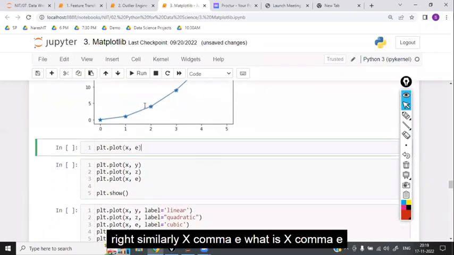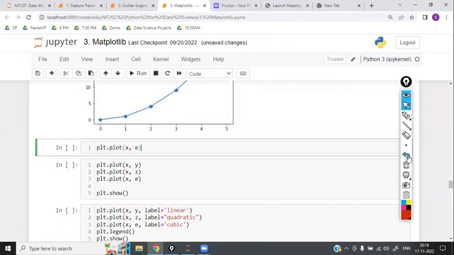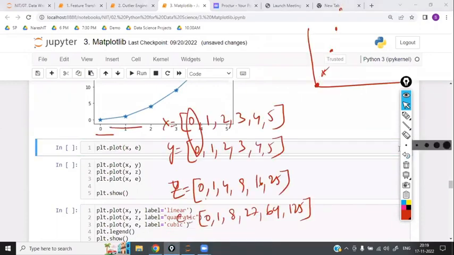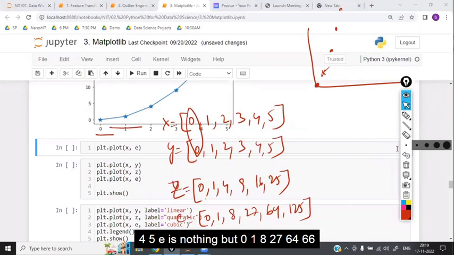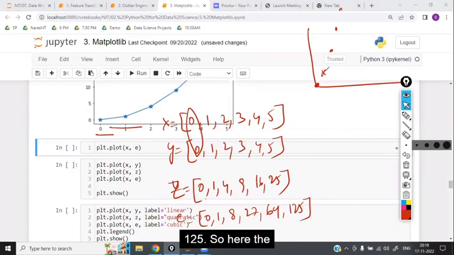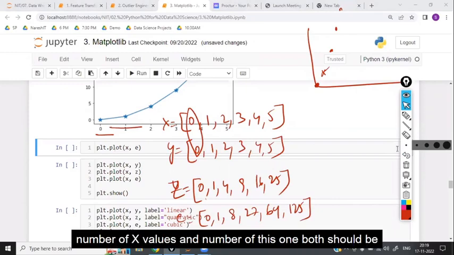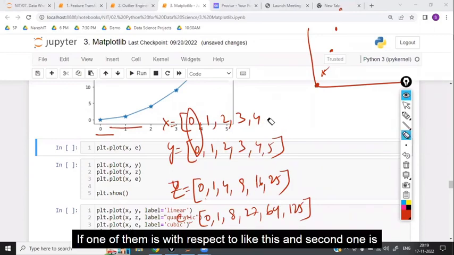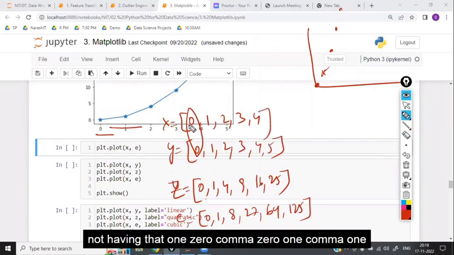Similarly, x comma e. What is x comma e? X is nothing but 0, 1, 2, 3, 4, 5. E is nothing but 0, 1, 8, 27, 64, 125. So here the number of x values and number of these values, both should be equal. If one of them is not having the matching value, like this: 0, 0,